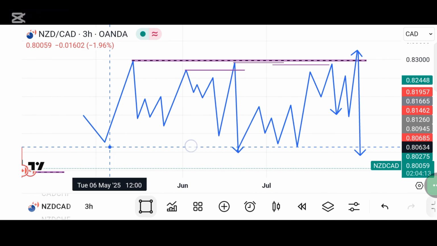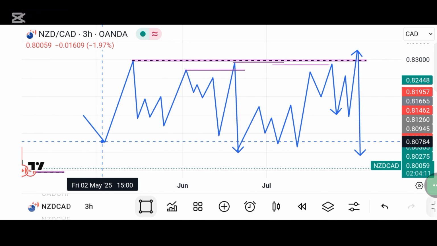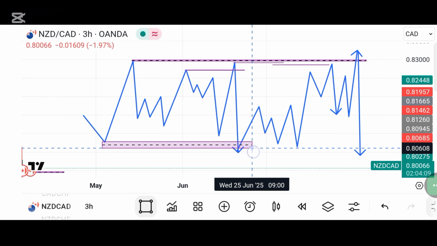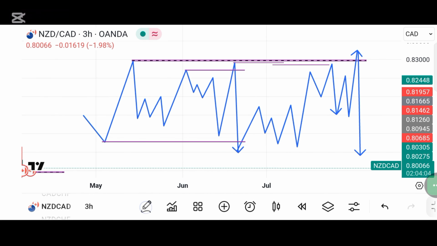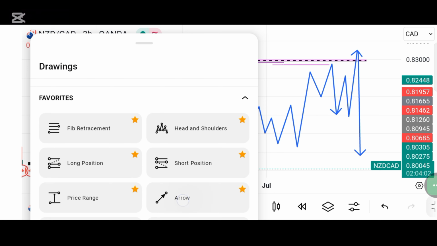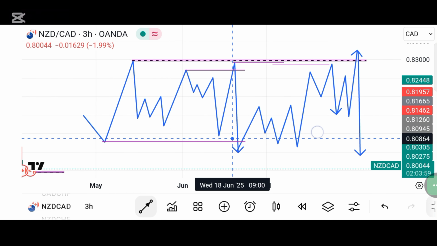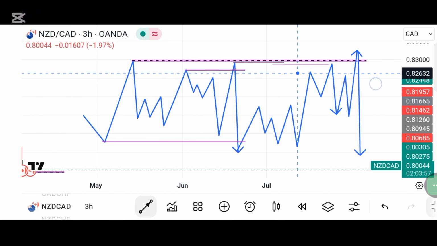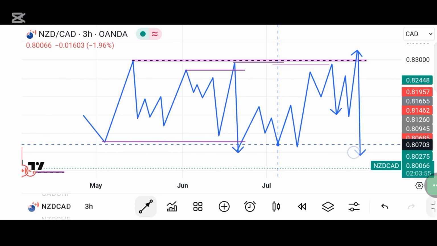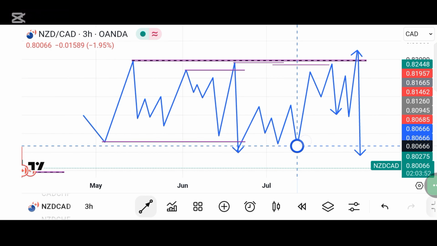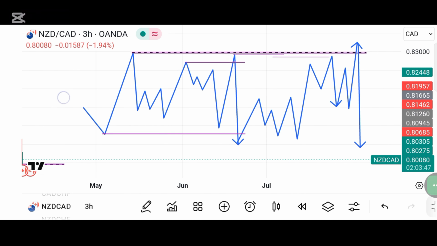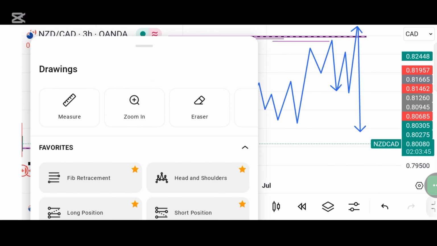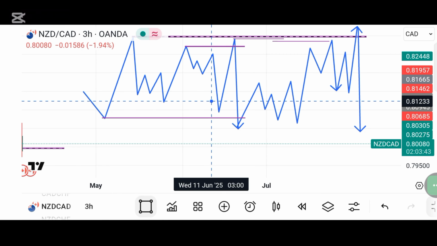Let's just say the first one, it took it out. So liquidity was swept the first time below here. That was what gave rise to this momentum, this push here, which made price go up to this level because the liquidity sweep failed, and it created liquidity around this low. So you now have liquidity around this low. So the most recent liquidity you have in the market is below here,